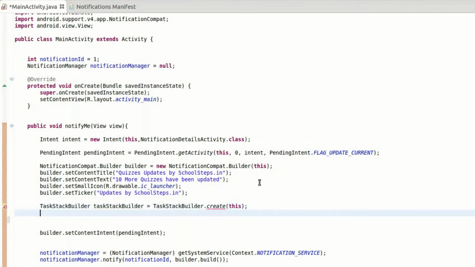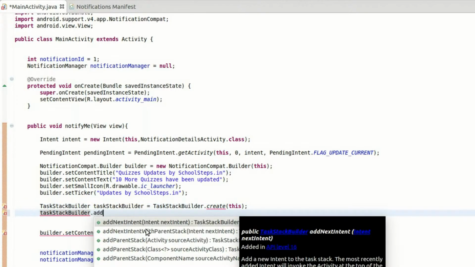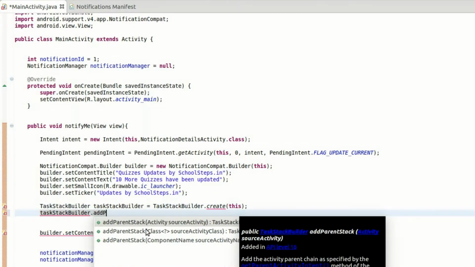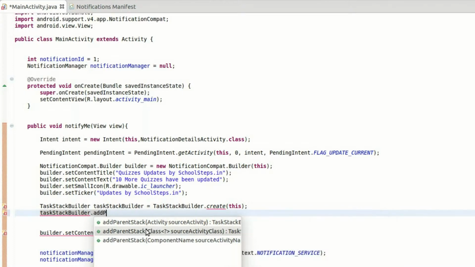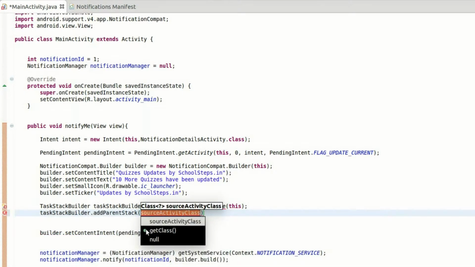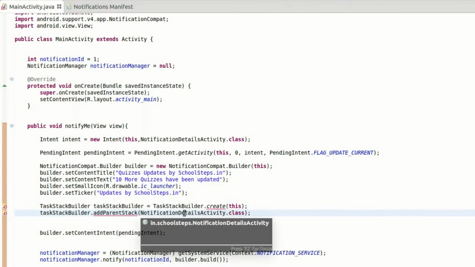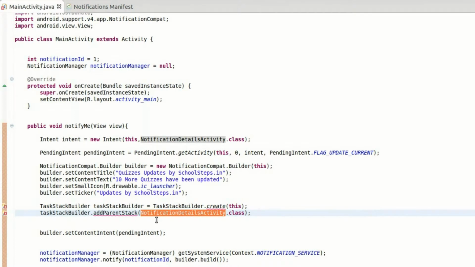The next thing which we need to do is we need to use this object and say .addParentStack, and in this particular method we need to pass NotificationDetailsActivity.class. So please take care that you are passing NotificationDetailsActivity here and not MainActivity.class.